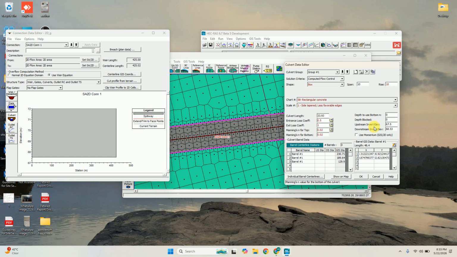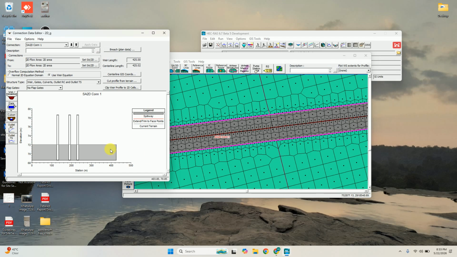The upstream invert elevation is less in comparison to downstream. How is it possible? Okay, let's place it above the downstream. So 68.6. Let's give it, and then click on OK. Okay. Problem is